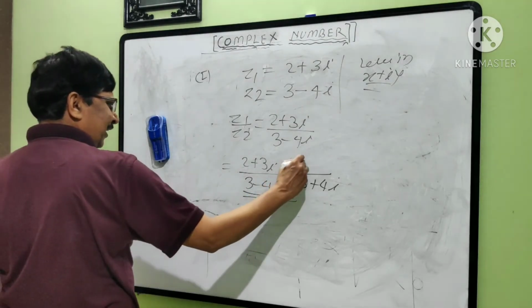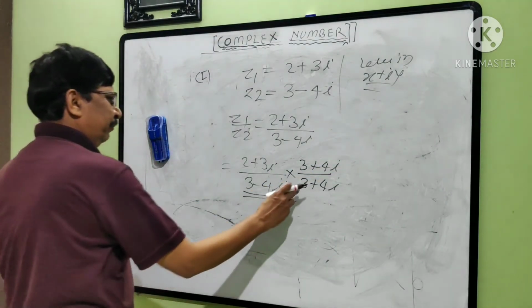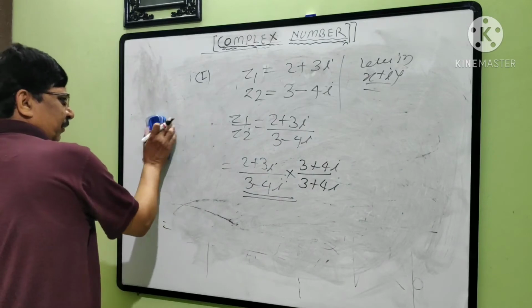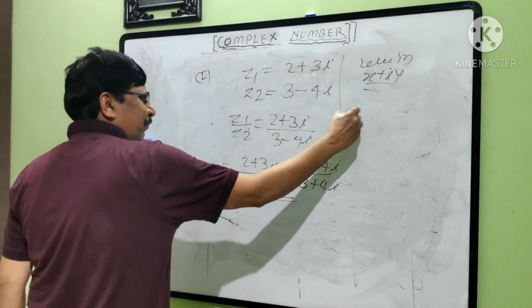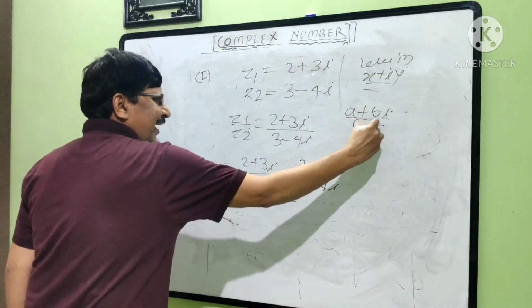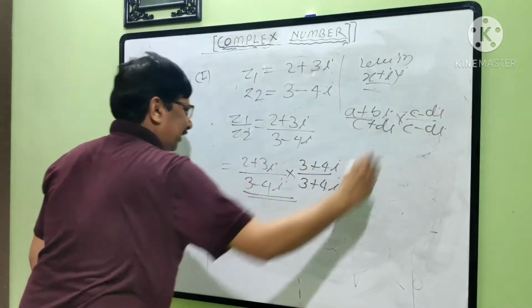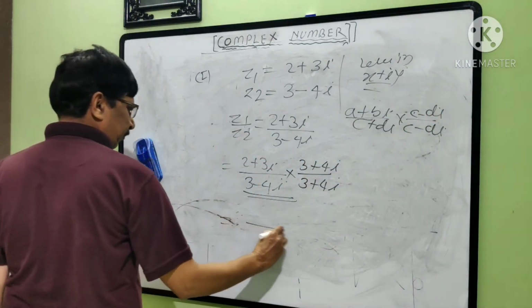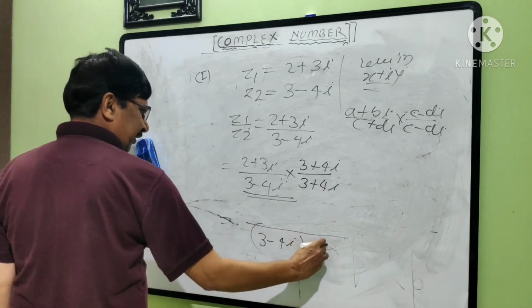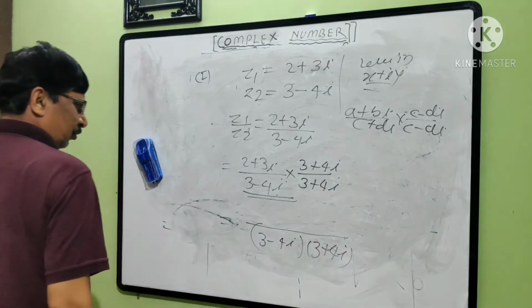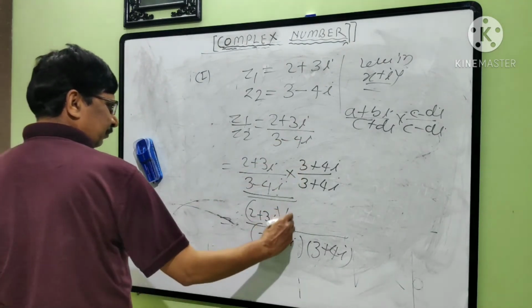To both numerator and denominator. व्हॅल्यू चेंज नाही व्हायला पाहिजे. इथे 3 plus 4I ने मल्टिप्लाय केलं, इथे पण 3 plus 4I ने मल्टिप्लाय करायला पाहिजे. काय करायचं कळलं की नाही? इथे A plus BI असेल, C plus DI असेल. कशाने मल्टिप्लाय करा? कॉन्जुगेट डिनॉमिनेटर आणि न्यूमरेटर. ओके, आता इथं मल्टिप्लिकेशन कसं आहे? डिनॉमिनेटर सिंपल होईल. न्यूमरेटर 2 plus 3I, फक्त इथं मल्टिप्लाय केलं तर इथं सुद्धा.